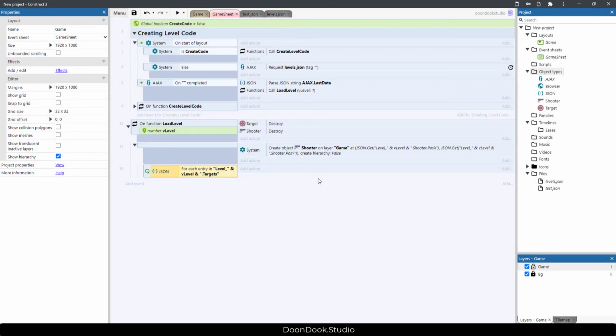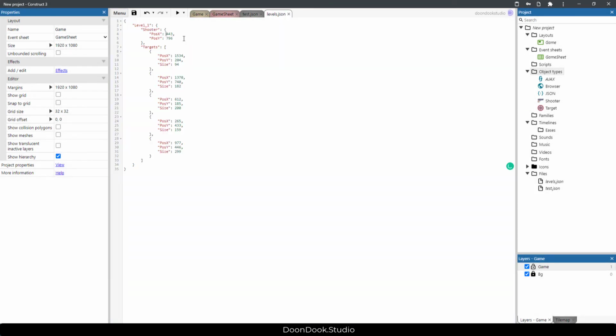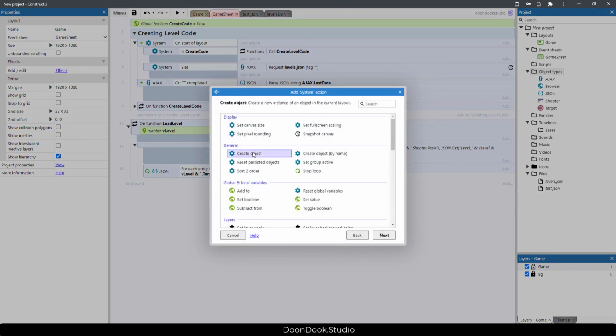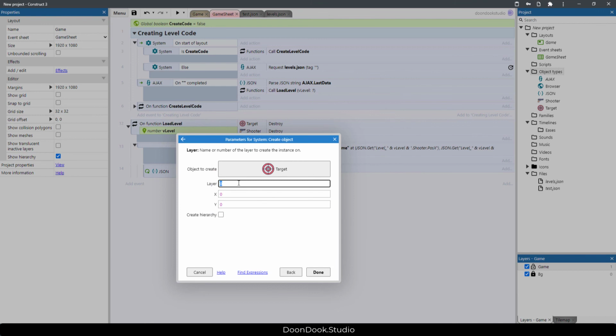Okay, for each targets, which is level 1, and inside that target I need to say add action system create object target in layer game in position of dot pause x. Oh, sorry about that. You need to say JSON dot get dot pause x,